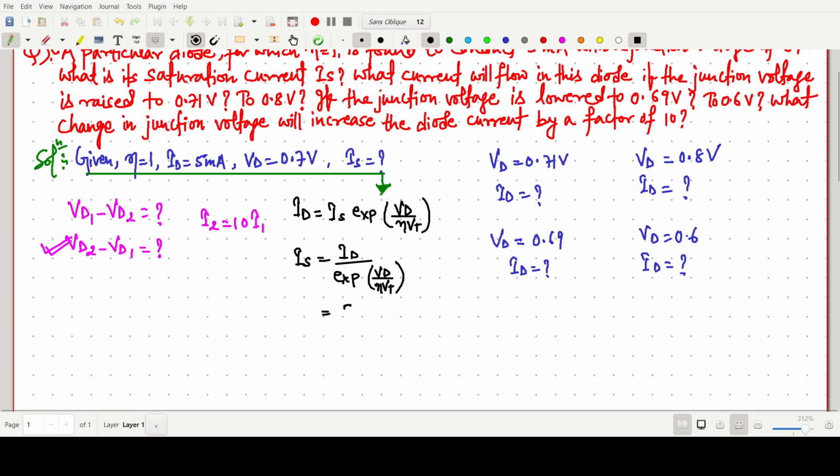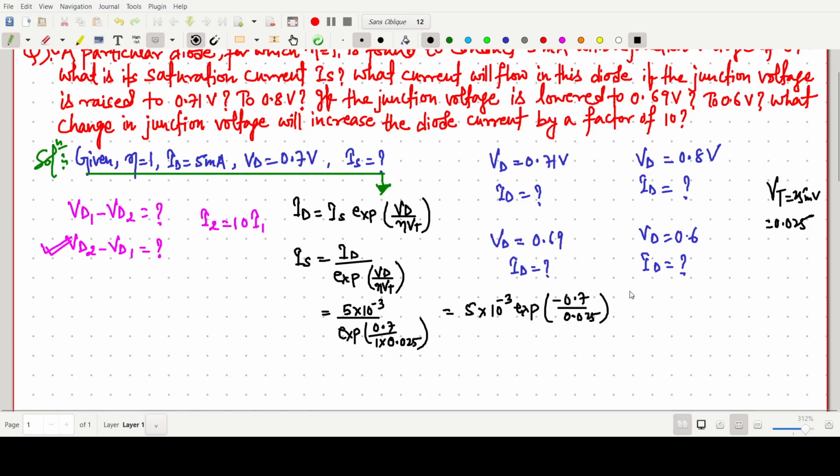So ID is 5 milliampere, so better to write 5 into 10 to the power minus 3. We have to write the exponential. VD is also given, 0.7. Eta value is 1, so 1. And VT is our thermal voltage, 25 millivolt, so 0.025. So one can solve this like this: 5 into 10 to the power minus 3 times exponential of minus,